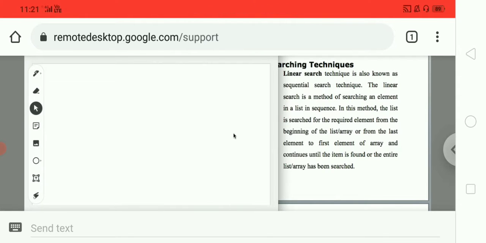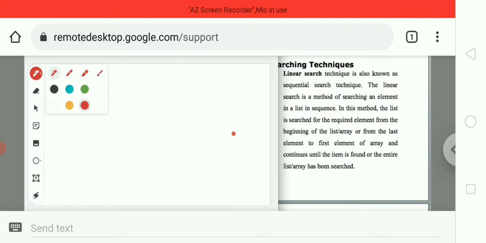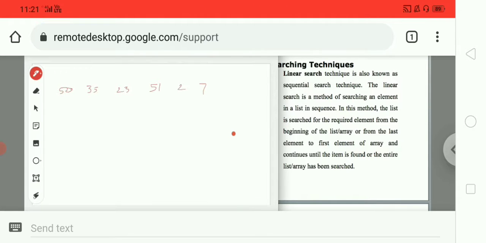For example, if I take some values, okay, if I like to search the 51 value, in this technique we have to compare this 51 with each and every element.